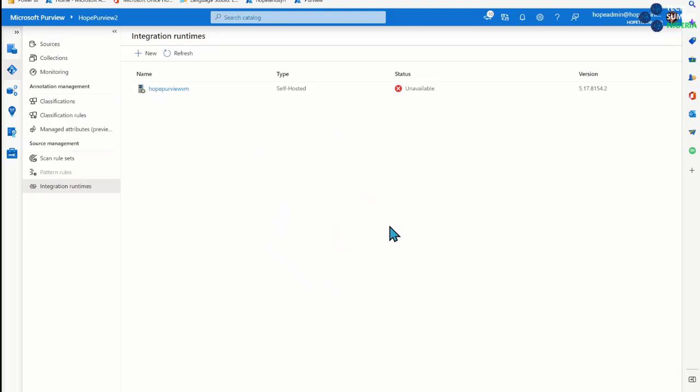So in your SQL server, you're going to need to set up db_datareader rights for Purview to be able to read and scan that SQL server. It's going to need db_datareader across your master database. It doesn't need admin, it doesn't need any of those things, but it will need to read to interrogate the different databases and get some of that system related view information from the master database. So just be aware of that.